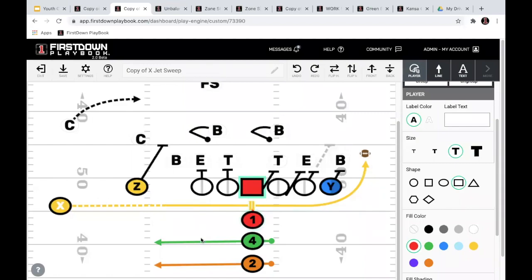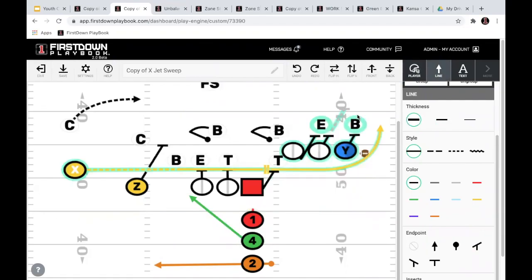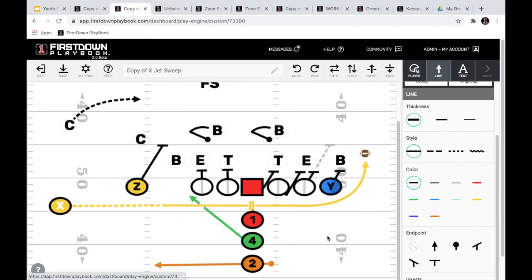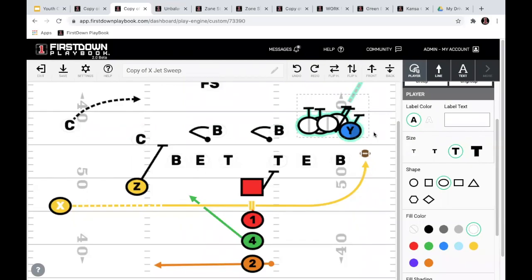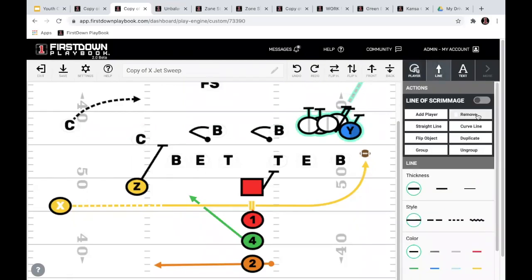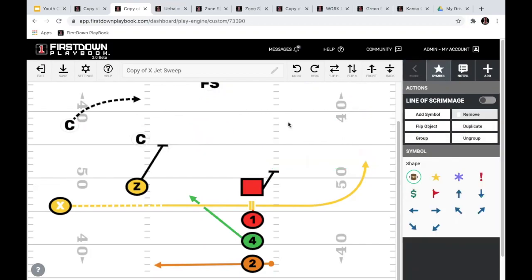Now, let's just say a different scheme, just using the one we just had. That's why, to me, this play right here is what I'm trying to show you. If I'm practicing it, I'm practicing it with these players right here, and there might not be any defense in there. The reason is because